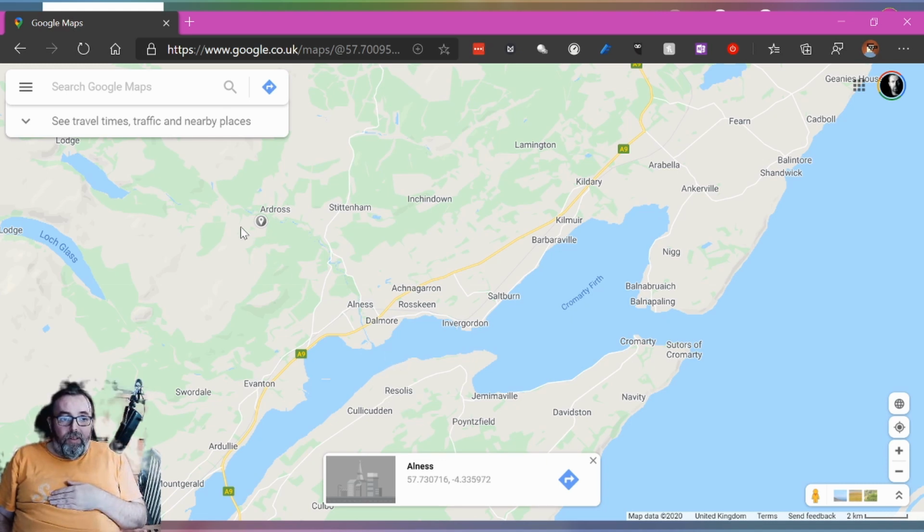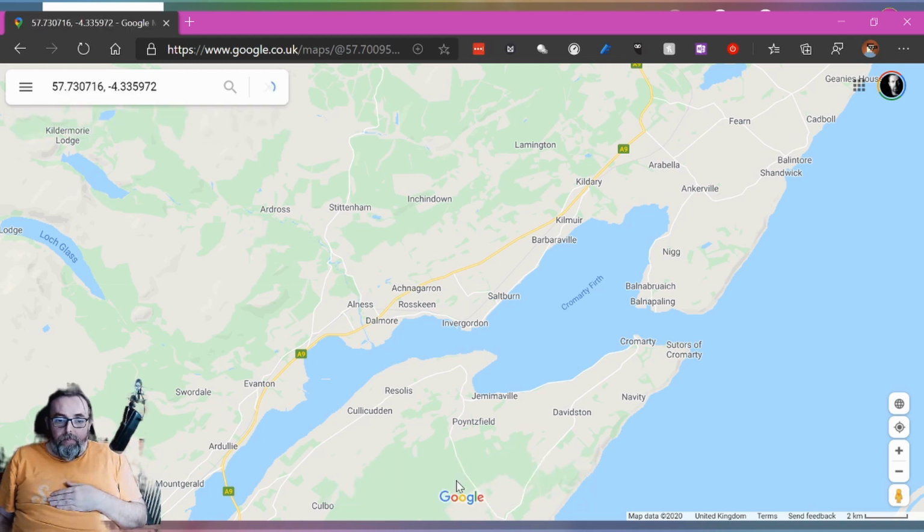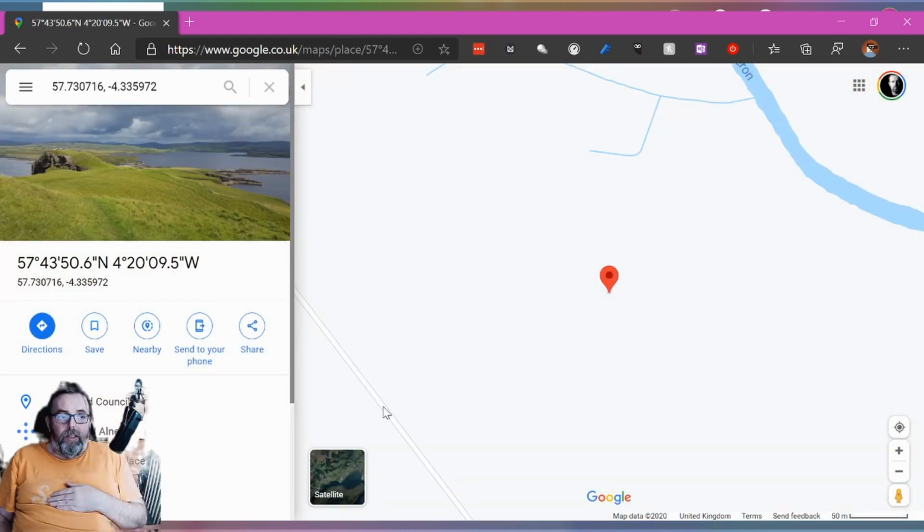And what you do is you click. What I just did was right click on the map and it brings up this little box down the bottom here. I don't know if you can see my mouse. Hopefully you can. And at that point, what you do is don't take the larger font size number here. Go to the bottom one, copy that,